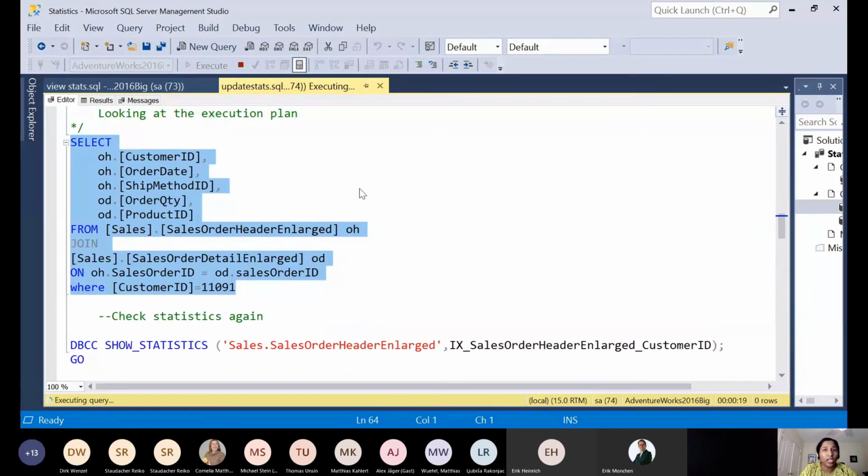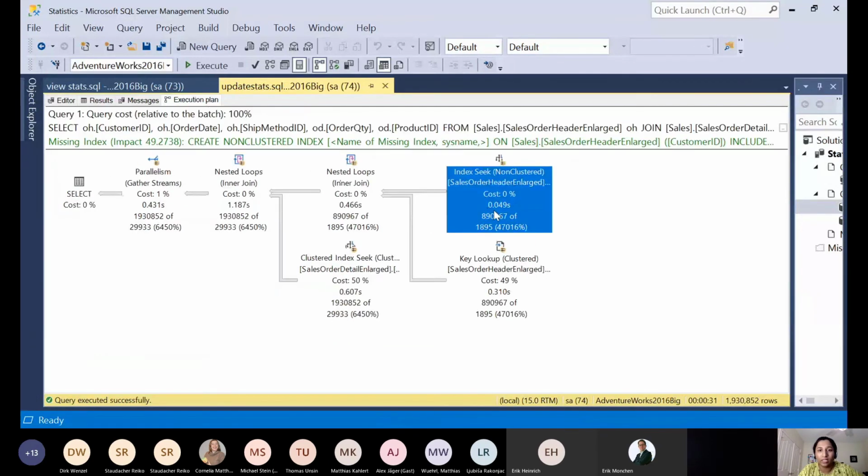And then we are going to turn auto update statistics on, and run the same query to see how this works. It should immediately kick in the auto update statistics and update the stats. So now, did you see here? The auto update stats were off, right? The estimated number of rows is still 1800, but the actual number of rows is way above, 890K. That's way too different because our auto update stats did not kick in.